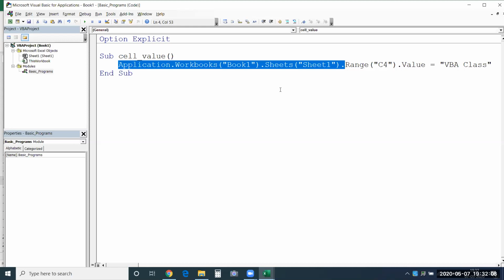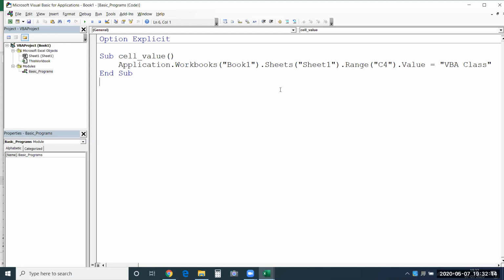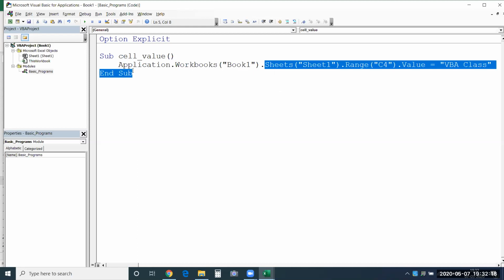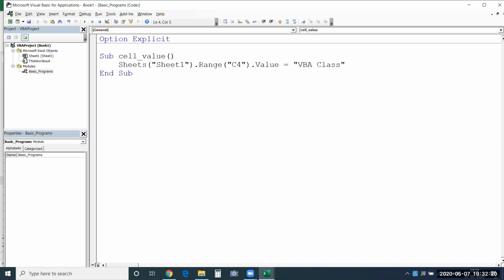So you can start from the sheet name. That's enough: in which sheet, which cell you want to print. It is still going to consider it valid code, because it is going to consider the active workbook and the active application.